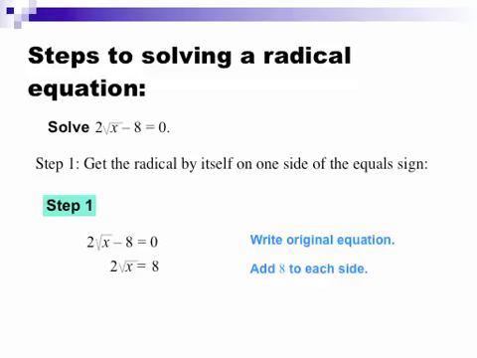When we do that, we have 2 times the square root of x equals 8. We're going to continue getting the square root sign all by itself, and we're going to divide both sides of this equation by 2. So we get the square root of x equals 4. Now,